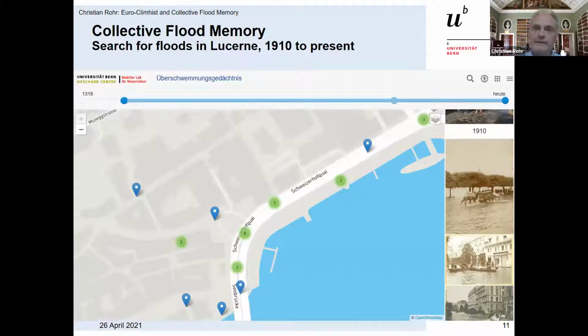And for instance, this is an example from Lucerne, a city on Lake Lucerne in the central Swiss area in the Alps. And you can see here a timeline. You can just take, let's say, 1910 to 2018, and then you can zoom in and you get the photographs. I just pointed out the example of 1910, because that was just at the end of the Belle Epoque, the Schweizerhof Quay, which you can see here, that is famous